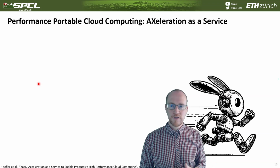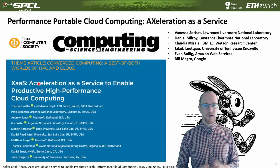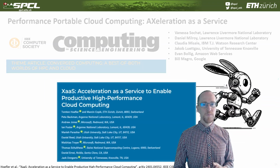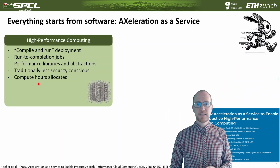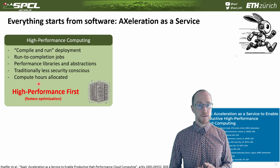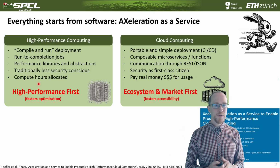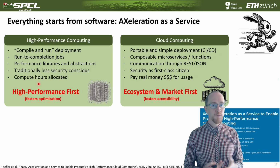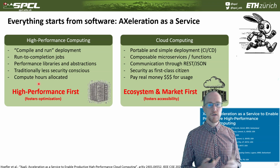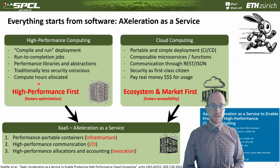It's something that we call acceleration as a service, and it was published in the Computing in Science and Engineering journal, with many, many authors, trying to understand what a good model would be to enable this. The idea is that we take the best of the two worlds: high performance computing, which really stands for high performance first, so we want to make optimization the best, and cloud computing, which really stands for the ecosystem and simplicity, accessibility first. So easy deployment, CI/CD. Both of those are not necessarily in conflict, but these two different communities have been focusing on two different things. And we really want to enable both of those communities to move forward together, to merge these central thoughts